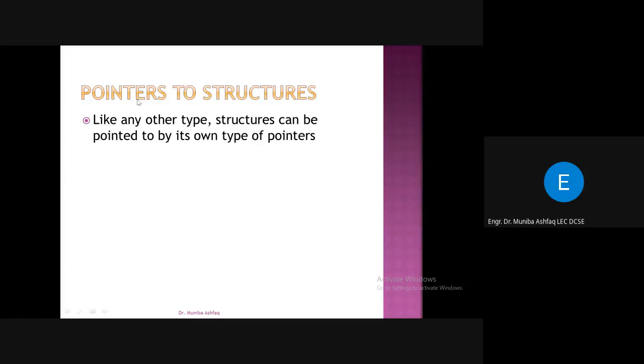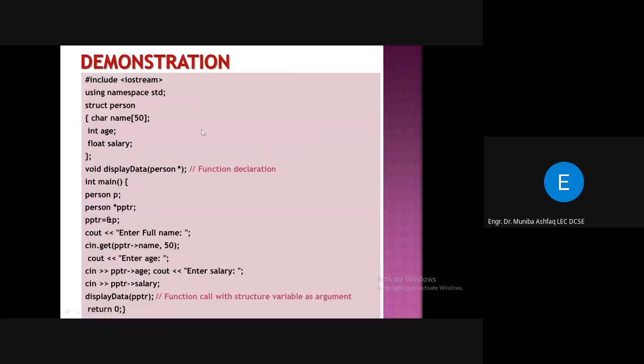Now let's come towards pointers to structures. Just like you created the pointers for the variables, you can create the pointer for the structures, right? So like any other type, structures can be pointed to by its own type of pointers, right? Now come